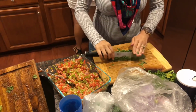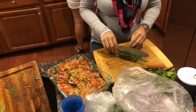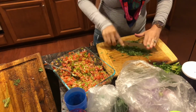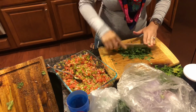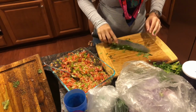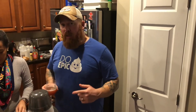All right, everybody, we're upstairs, and Mrs. Red is preparing something. What do you call it, Red? I call it vinaigrette. It's like a pico de gallo equivalent. If you know what pico de gallo is, it's basically tomatoes, onions, and bell peppers. But the way the Brazilians do it differently is they add a little bit more flavor to it. And what they add to it is olive oil, salt, cilantro, and